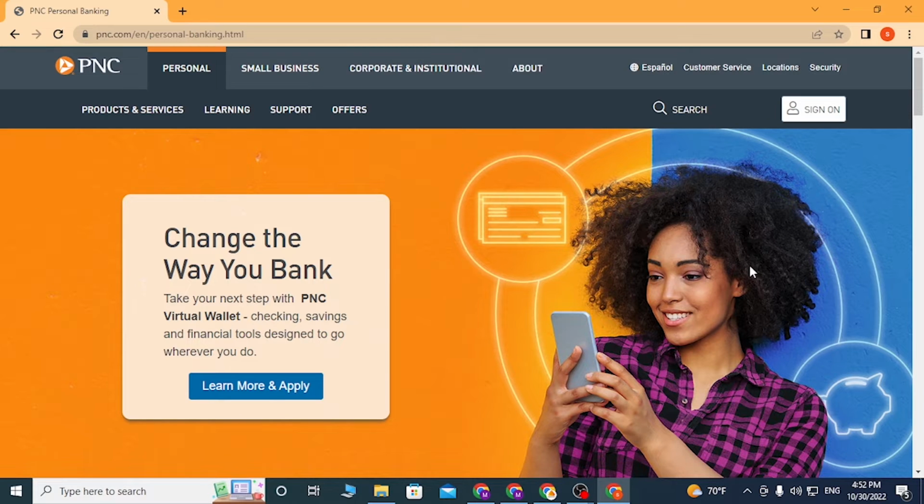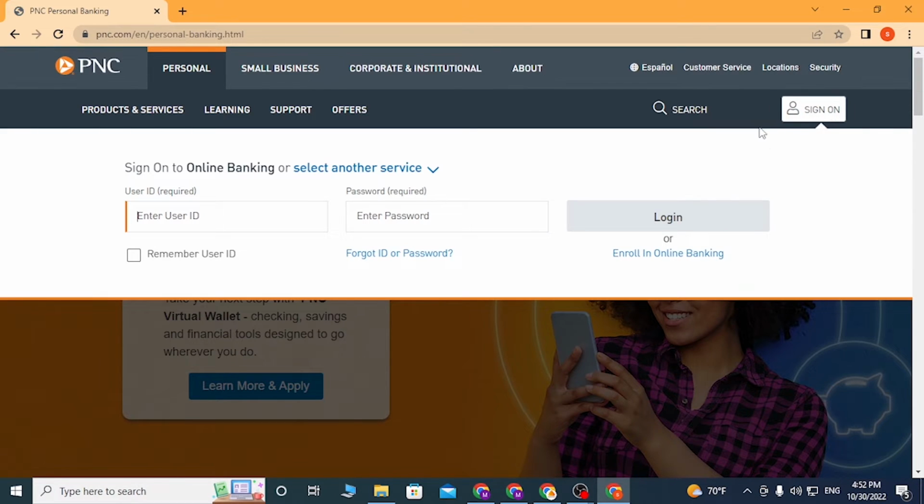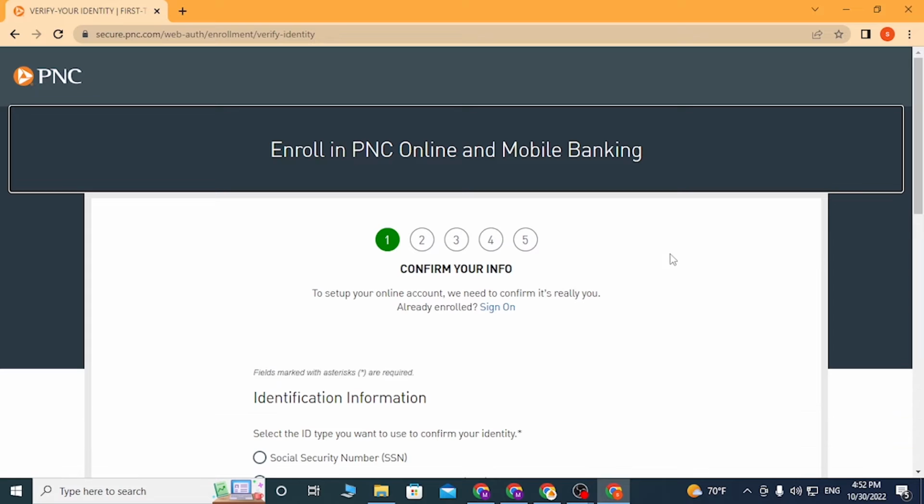Now to create an account on PNC, first you'll be required to click on the sign in button on the top right corner of your screen. Click over there, and after this tab appears, you can see the enroll in online banking option over here. Click over there, and after that you'll be directed to this page, which is the registration page of